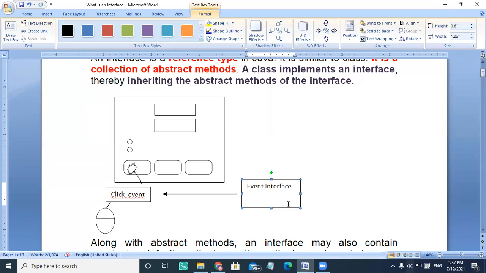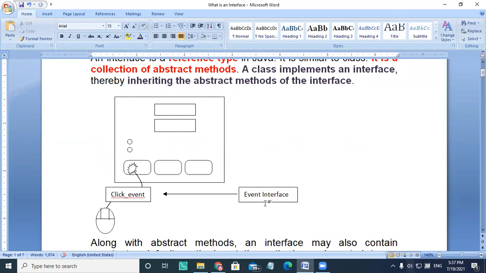These are interfaces which have n number of methods, and those methods will be implemented by the class who are using that interface.